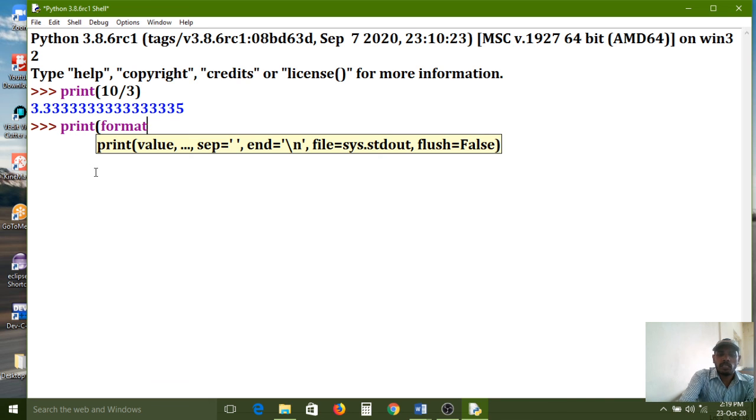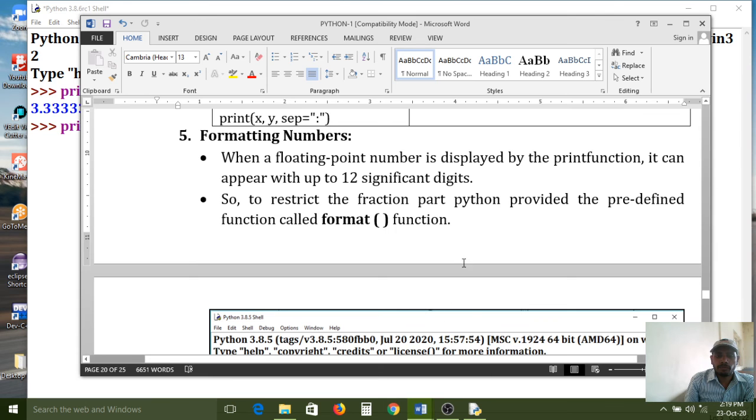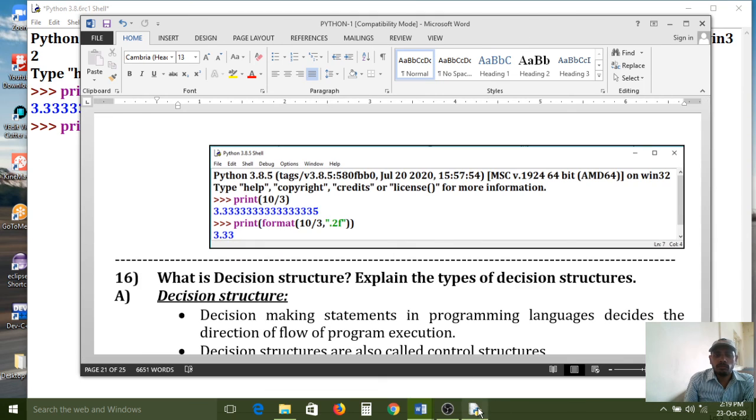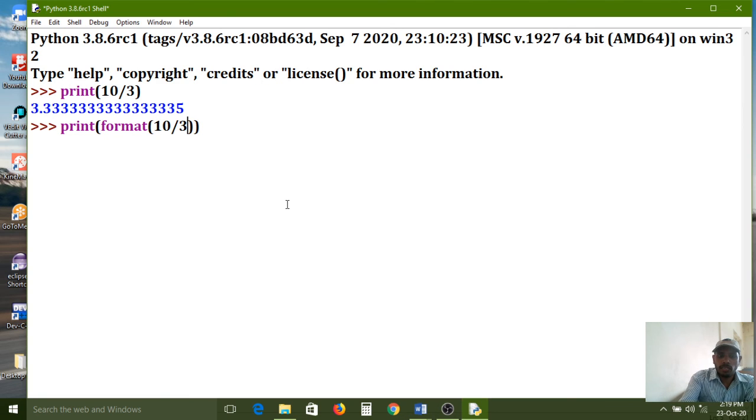F-O-R-M-A-T, format. It is a predefined function. Print 10 by 3, comma, in between double quotes, .2f.